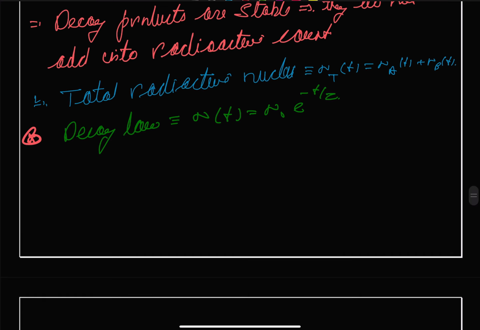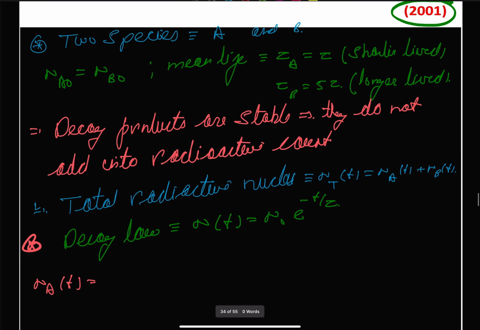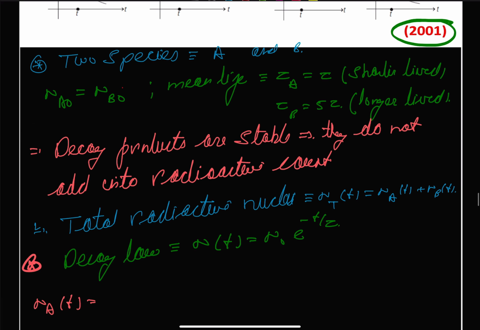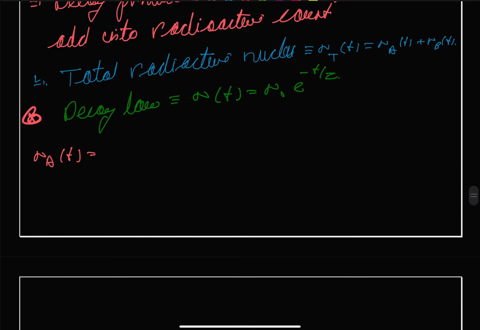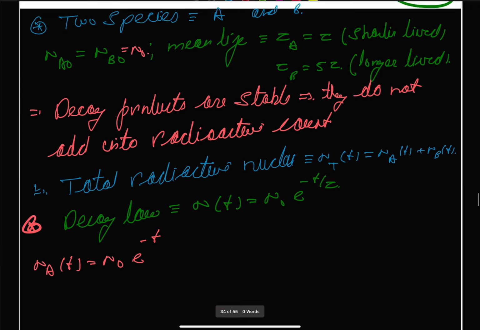So we have two species, so we can write our NA of t will be equal to, and they are having the same initial number, so let us assume this is equal to n naught, and we have this as n naught e raised to power minus